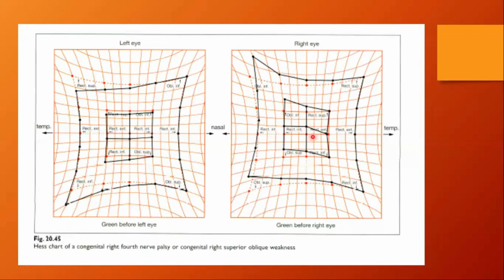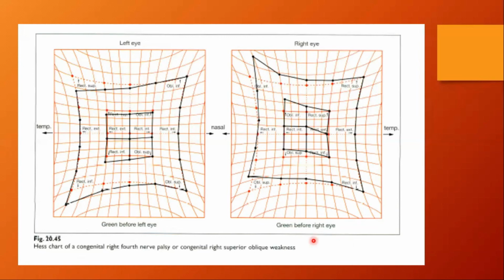But as you can see, when the secondary angle is closer to the primary angle, it means there is a spread of comitance. Yes, there are some changes in the muscle to keep the squint comitant. So if we don't have this description below, whether congenital or acquired, based on this amount of deviation, we can say it is comitant squint, right, ma'am? Because the primary deviation is equal to the secondary deviation here.